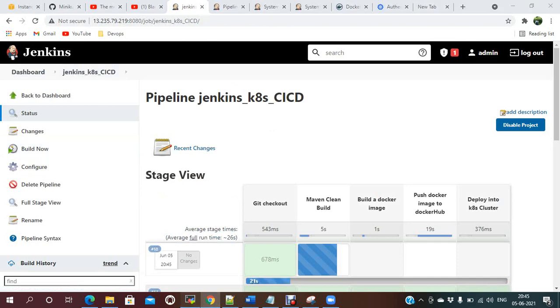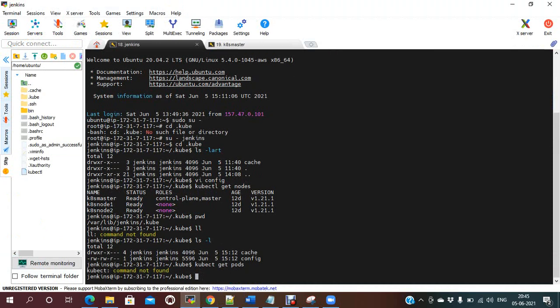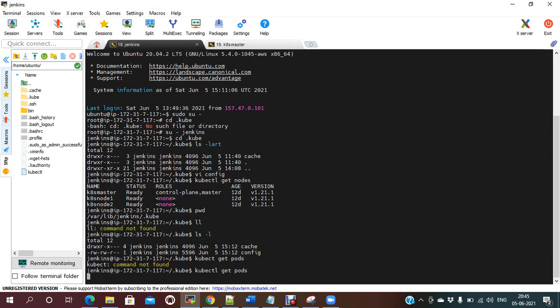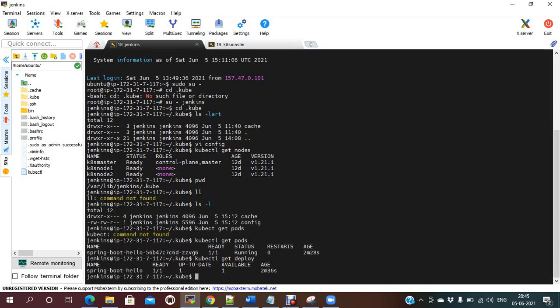If you do kubectl get pods on the Jenkins machine, my pods are running. If you do kubectl get deployments, and services, my service should also be running.